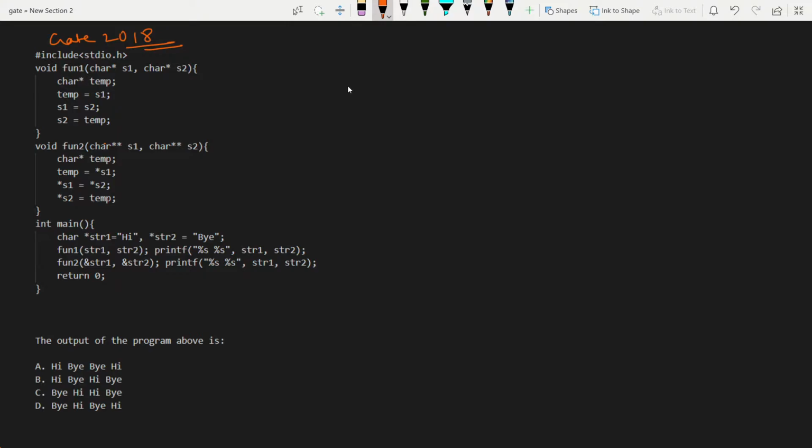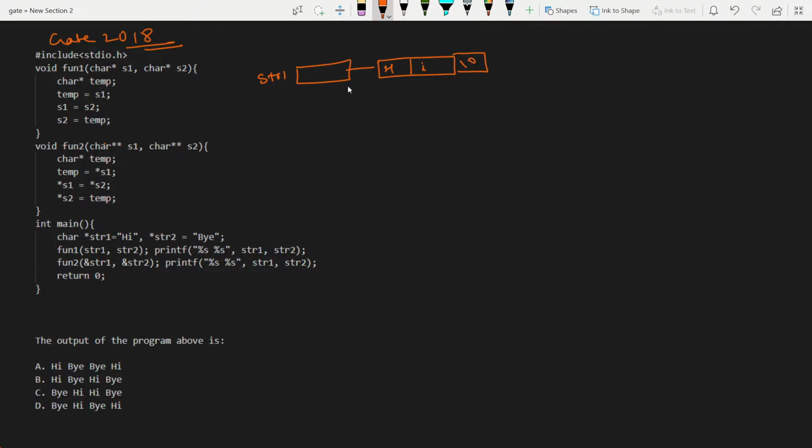First we will see how these two strings, str1 and str2, are represented in memory. So str1 is a pointer of character type. This is str1, and this is the string we are having, hi.